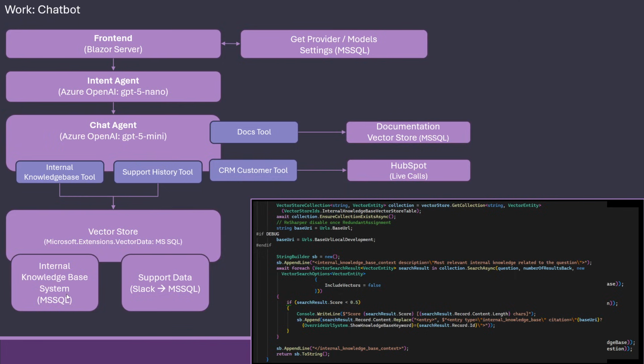And the internal knowledge base, which is also a Q&A system, is being vectorized, and then we do vectorized search using the Microsoft Extension Vector Data system. So this is an example of that, and it's all the same that you have seen in the RAG videos as well.